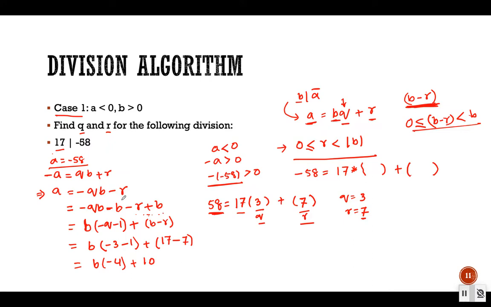All right, so if a is less than 0 and b is a positive number, in that case we can represent a like that, q times minus q b times minus q minus 1 plus b minus r, where q and r we got actually the value from the a, where a is a positive representation of a. Okay,